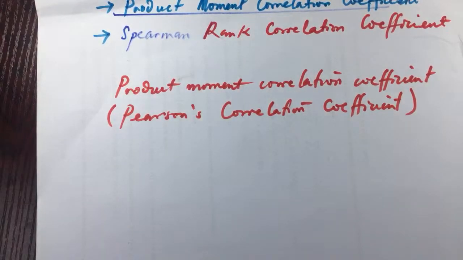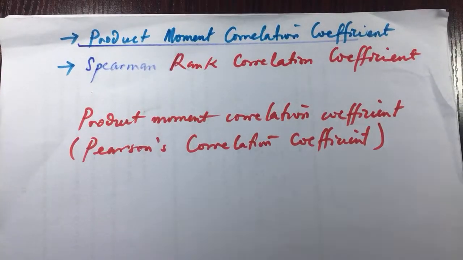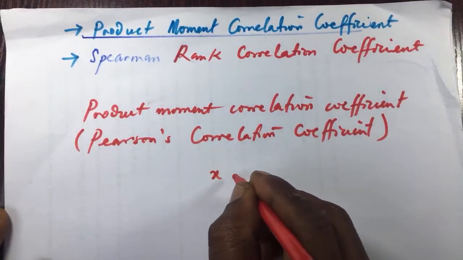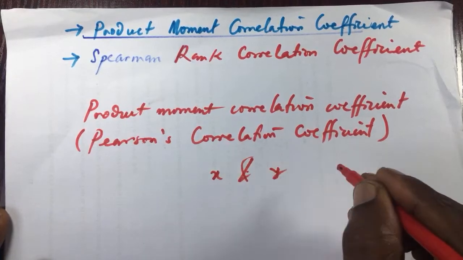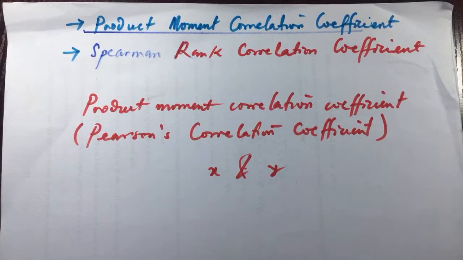Now, these two correlation coefficients, if you must know, are measures of correlation. They help to tell the strength of correlation between two variables in a bivariate data. So let's assume we know that x and y are two variables describing a bivariate data. Now, if there are two variables describing a bivariate data and they are so related, maybe you chose to model x on y or y on x. The question is, like we earlier said,